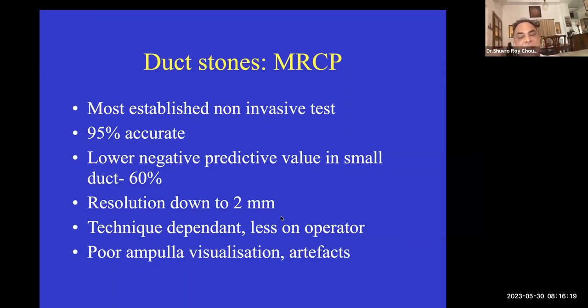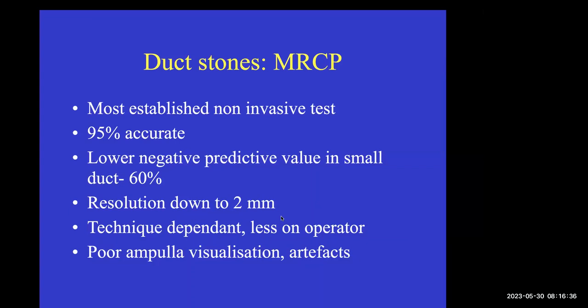And this is one place where I would say a dedicated targeted endoscopic ultrasound, whereby a good operator is operating, will be able to diagnose the grit, tiny, like sand, which MRCP